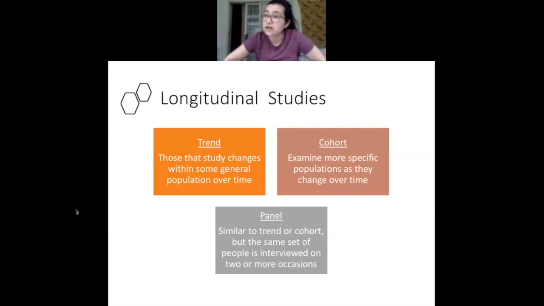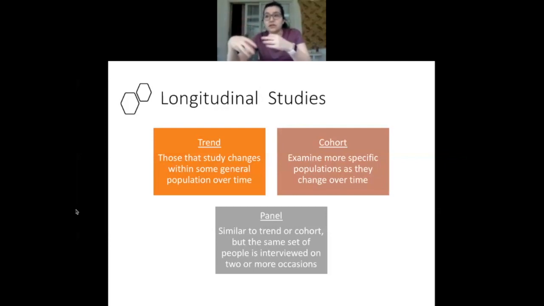So if you wanted to look into all those studies about how millennials are different than baby boomers, those are cohort studies. People are determined by their place in a specific time period. And then panel studies is the same set of people interviewed on multiple occasions. So if you're following a family and you want to know youth development,